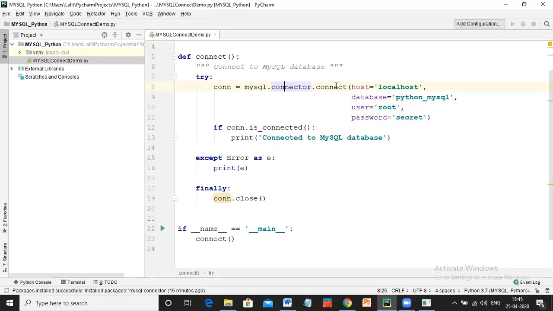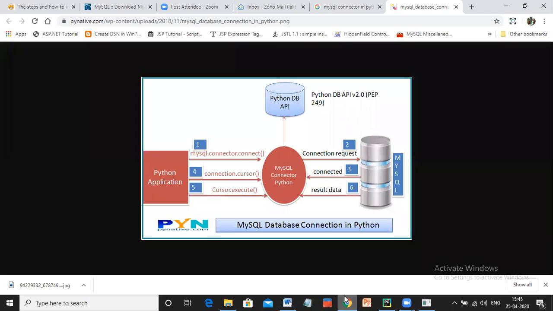This function takes some parameters so that this particular connector can create a bridge between the Python application and your SQL server. You need to have a connection, right? Look at this image. Using this connect method, I'm passing a connection request to this particular database.